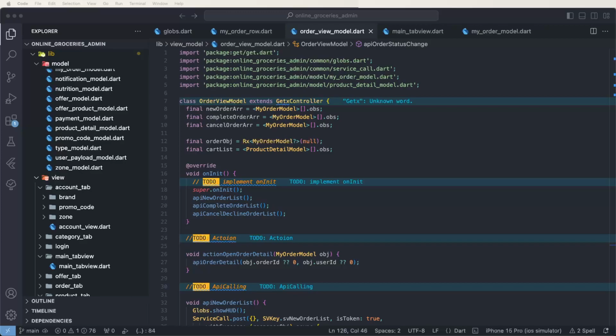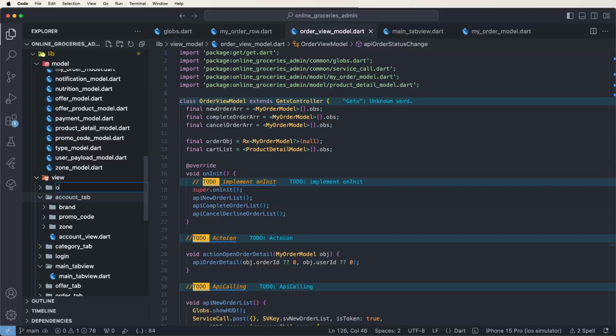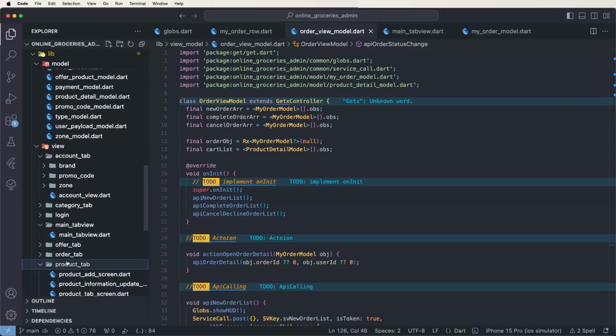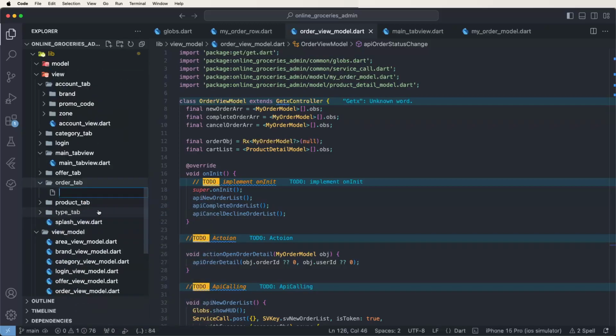Now first of all, we need to create the new tabs for the view inside. Now we need to write down here the new folder and give it the name order tab, like this. Creating here the order tab. Now we need to develop inside the new file and give it the name order